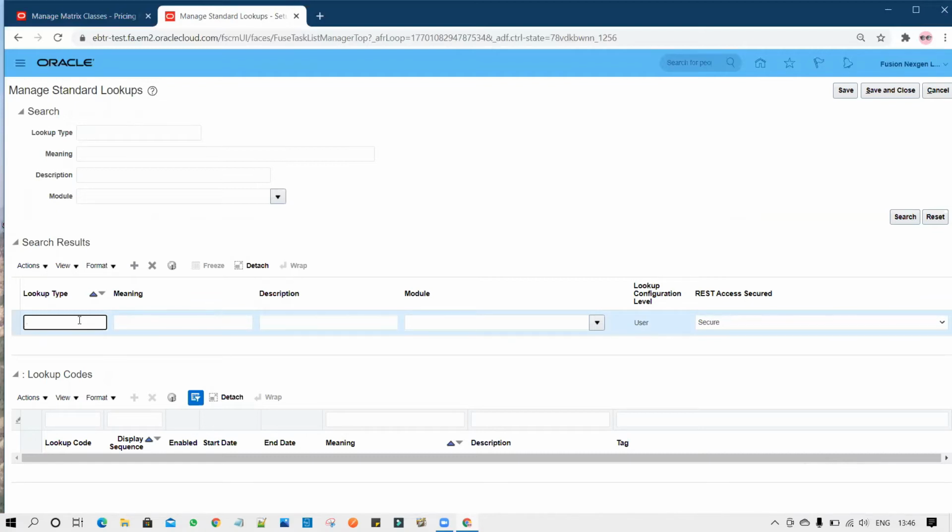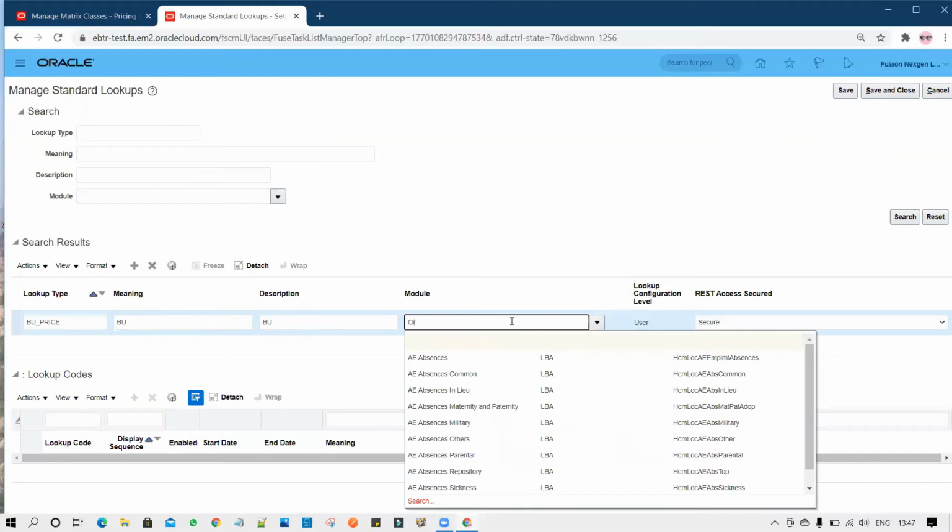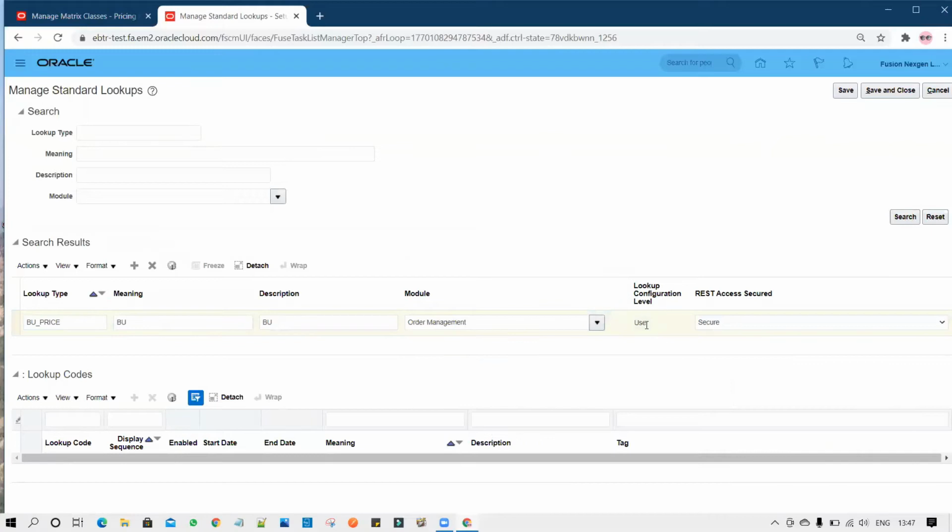So I will put BU price, and then I will select the module as Order Management. Now this will be user level, user configurable, and the rest access is secure.